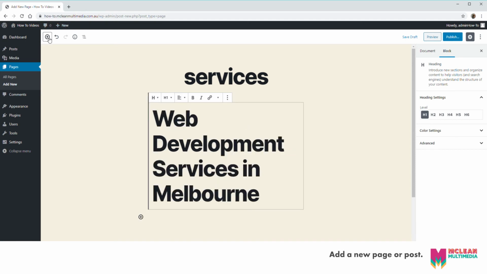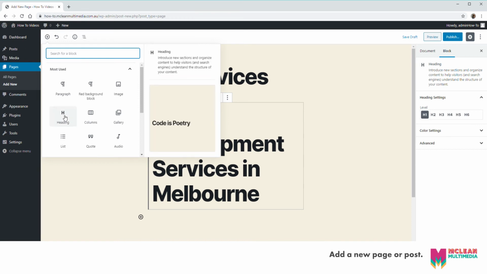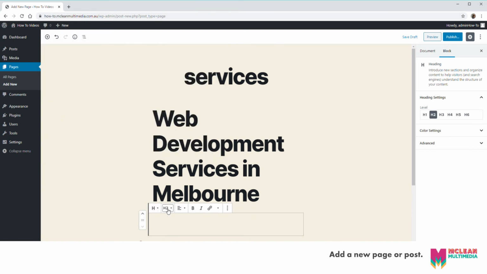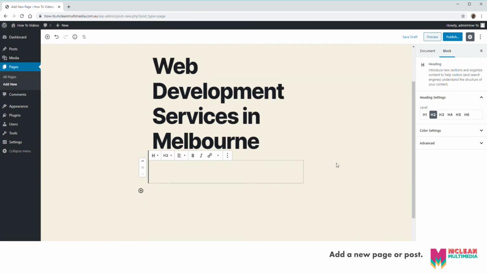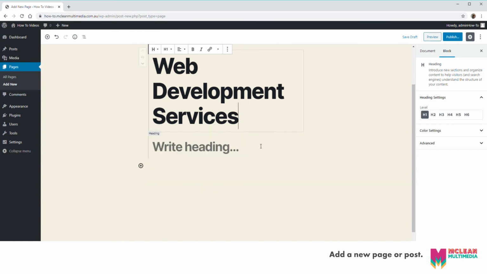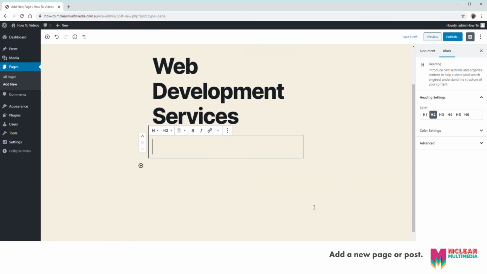What we can do then is add a subheading. And a subheading, you need to follow the flow of the heading. So you've got H1 and then H2, and then if required you've got H3. So now what we want to do is add a subheading, which will be a H2. And in fact I'm going to get rid of in Melbourne there and just write